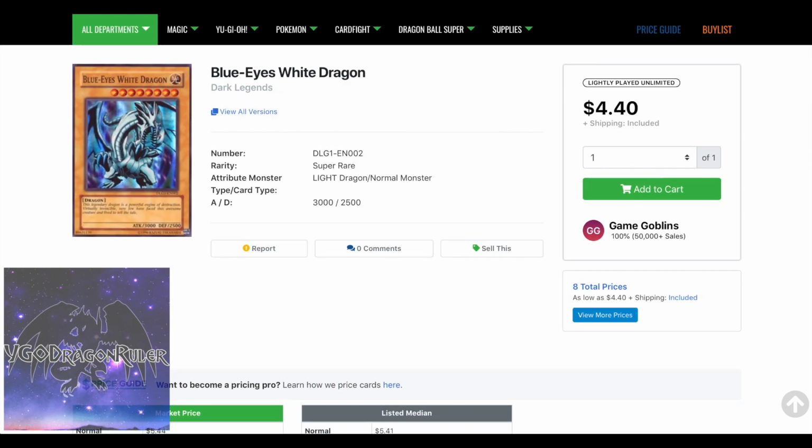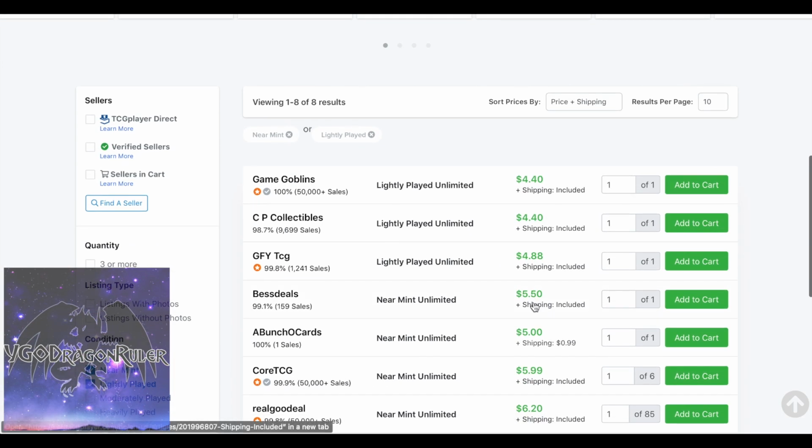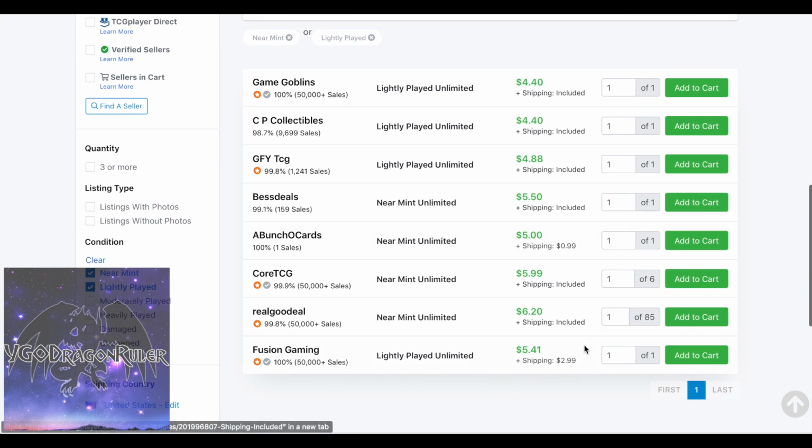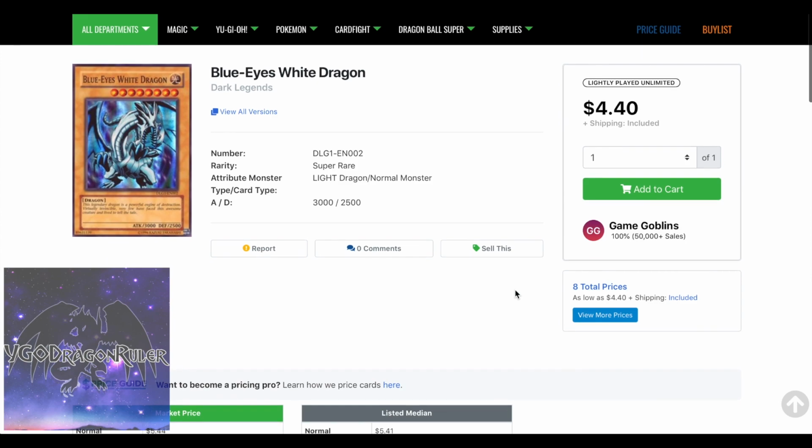Next up, the Dark Legends Blue Eyes White Dragon. Market value 5. Whoa, 8. There's only 8. If anybody wants them, by all means, come in, get them. This one guy has a giant wall though. This guy got 85 at 6, so he's holding the line at $6. But there's only 8 of these on the market, and I don't know if this guy just bought them all and was like, yeah, I'm gonna control this now. This is my card. I own this. But yeah, the more you know. A lot of people don't know this. There's low key people just coming in, picking up a bunch of stuff, and then just